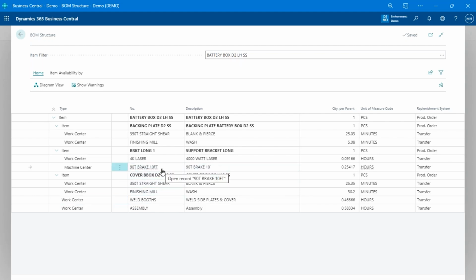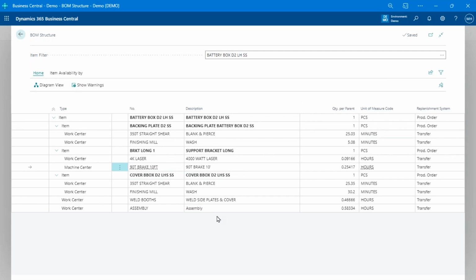Here on this press brake, we've said we're scheduling it on a very specific machine. So we're saying this is a long bracket, so we're scheduling it on this 10-foot machine. That's the one we want to run it on. And I'll show you the impact of that when we get into it, because this thing might get overloaded. And what do we do if my preferred machine isn't available? Well, we can deal with that as well. But anyway, this is the type of product that we're scheduling.